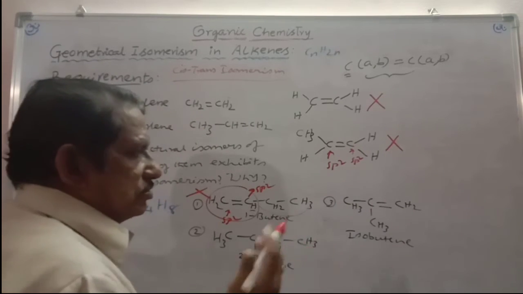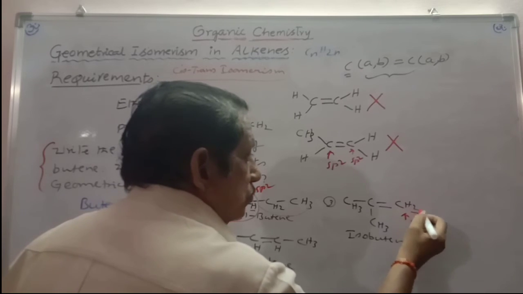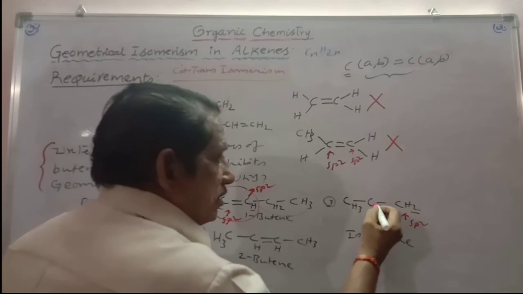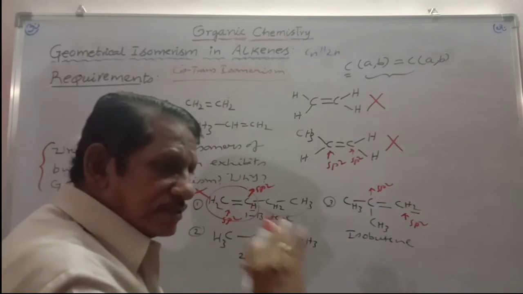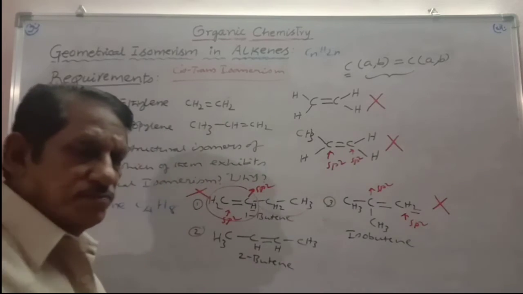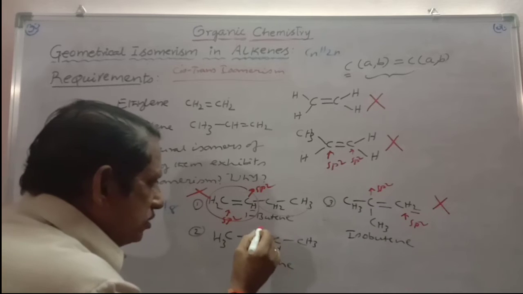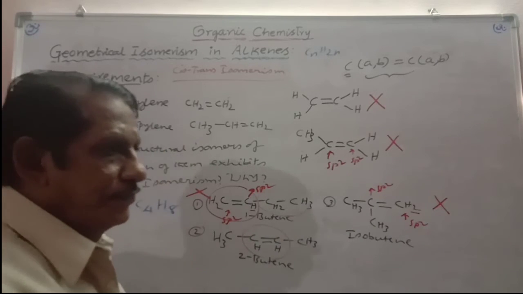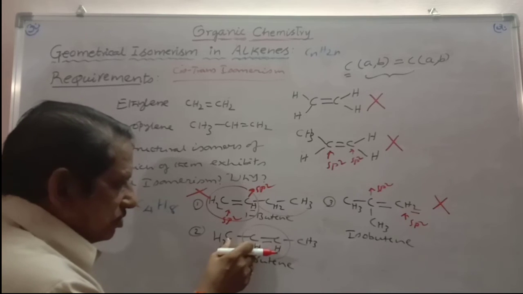And in the case of third one, isobutene, this is the sp2 carbon which is carrying the same two groups, same two hydrogens. This is the sp2 carbon also carrying the same two groups, methyl groups. Condition is not at all fulfilled, and so this also does not exhibit geometrical isomerism, right? And in the case of 2-butene, if you take C double bond is present, okay. This is the first sp2 carbon. This is carrying one H and one CH3.